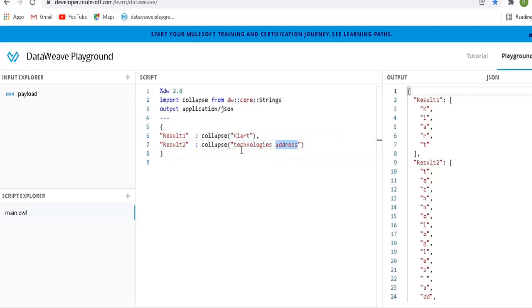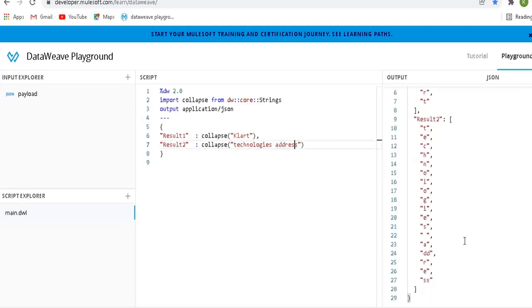In technologies we don't have any repeated letters, but in address we have two repeated letters, DD and SS. It will also take the space as a single character, and DD is treated as one letter, since it will treat two same adjacent letters as one letter. SS is also treated as a single letter. You need to keep this point in mind whenever you use the collapse function.